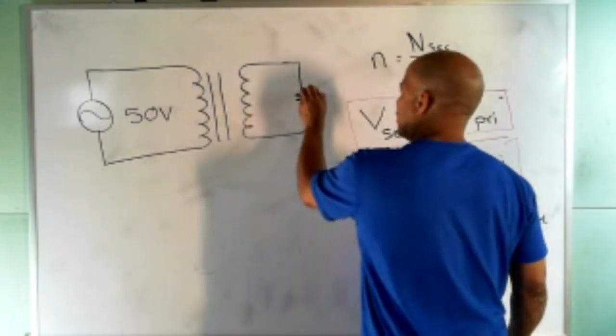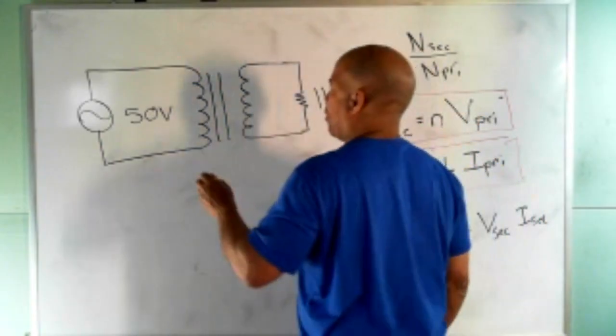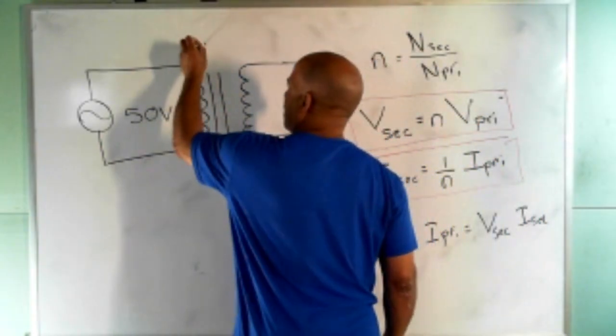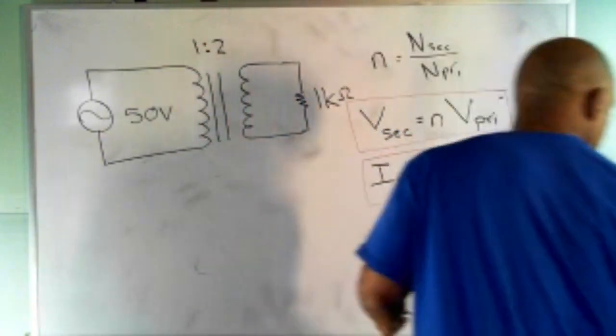The load resistor is 1K. And the turns ratio is 1 to 2. And they want us to find